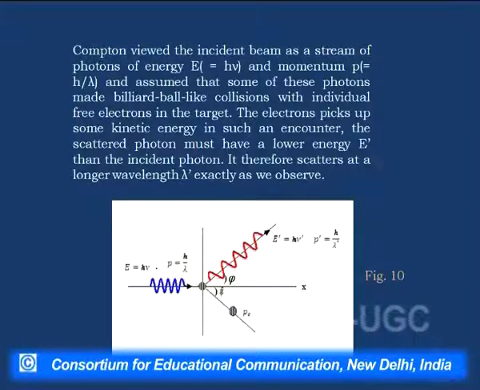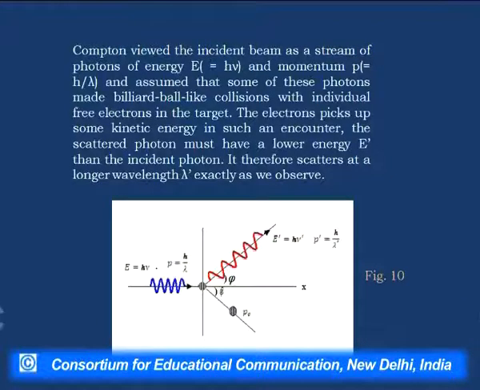So, the photon will hit this electron, and the electron will then recoil, and the photon will go away with the lesser energy. So, E is equal to h nu is the energy of the incident photon, and the momentum is h over lambda. For the scattered one, E dash is the energy which is less, and it is equal to h nu dash. Same way, momentum P dash is equal to h over lambda dash. The energy is reduced, and the electron will recoil at some angle, say theta.